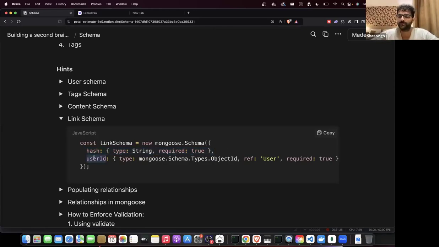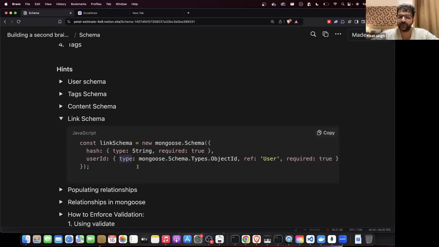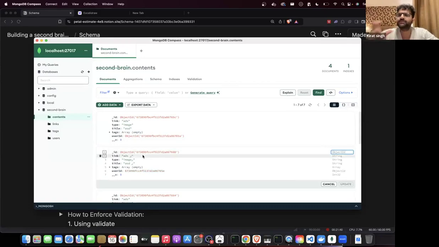User ID is complicated. It is required and it is of type object ID. It is not of type string. If you remember, all IDs in MongoDB are of type object ID in the specific format of a string. 1 2 3 नहीं डाल सकते उसमें आप, उसकी कुछ लेंथ होती है. It is some highly randomized string. It needs to be that object ID.